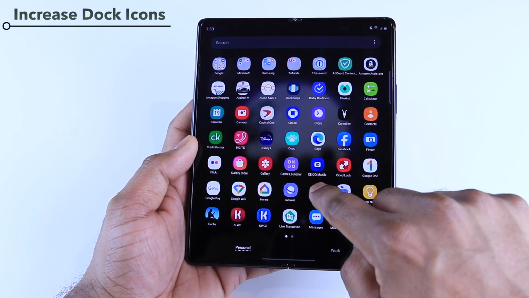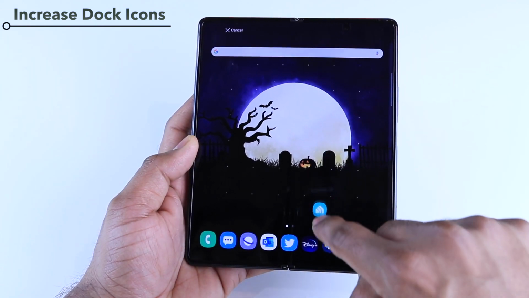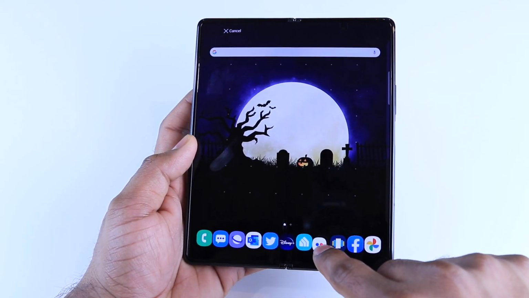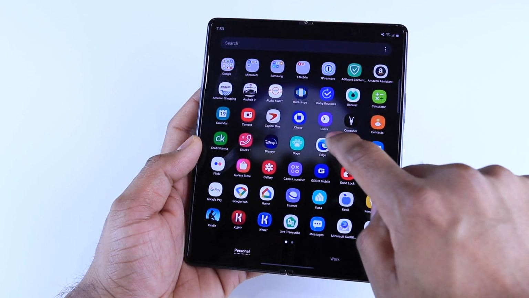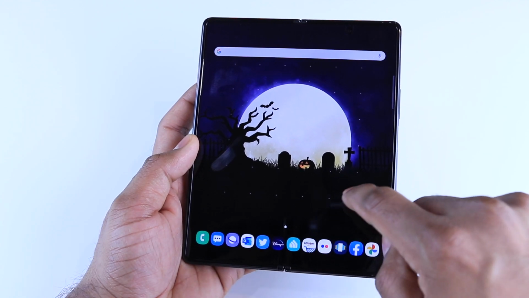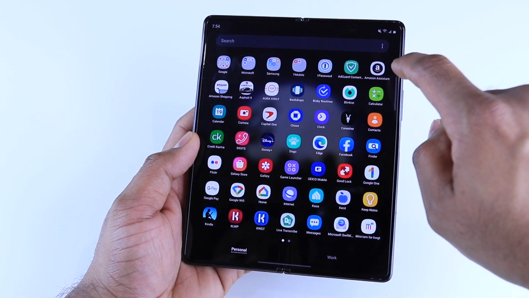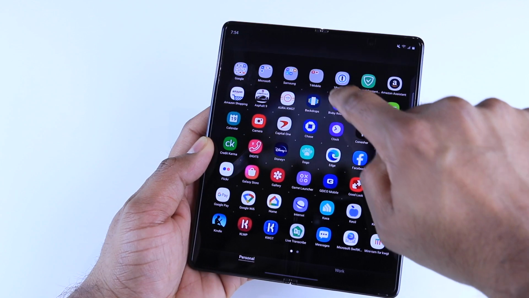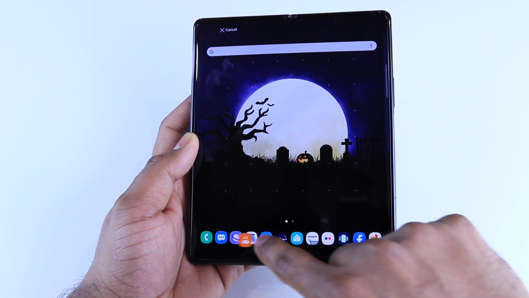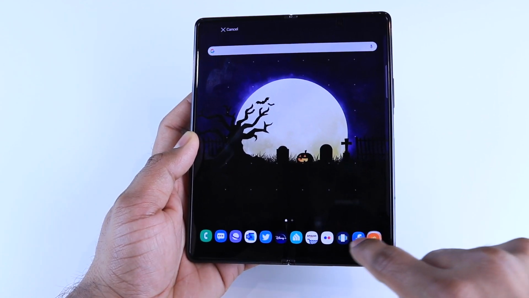So there you go, the Casa app, and I'm going to put that over here. I can open my Flickr app as well, so I'm going to put that here. I'm going to open my Amazon app and put that there as well. And let's see, can I put another app here? Let's put contacts. I'm going to browse that as well. And now you can see I have hit the 12 app limit on the dock, and now it allows me